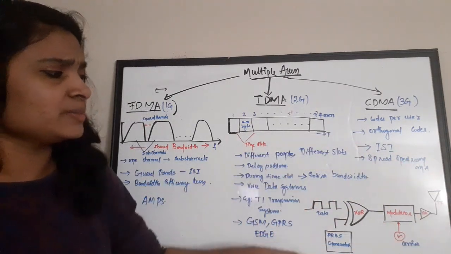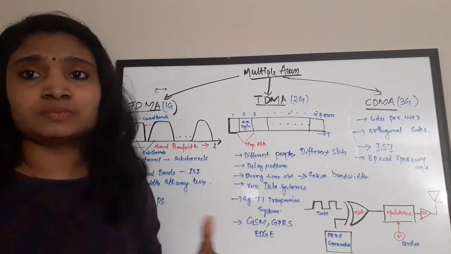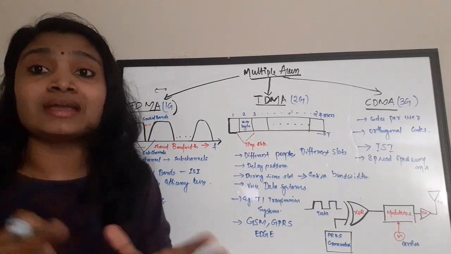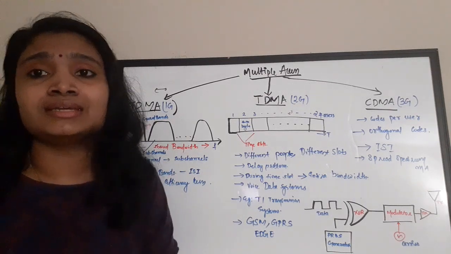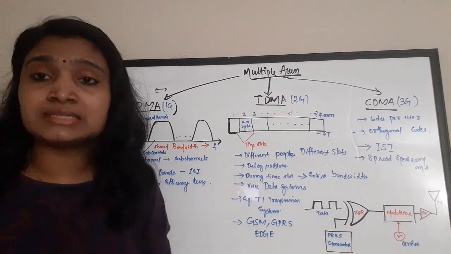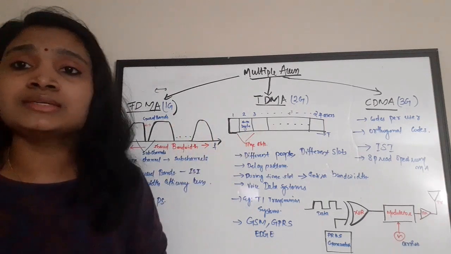So when the next user is coming, the next PRBS sequence is generated, and every time new PRBS sequences are generated, that forms a new code for every user, and every user is having a separate identity. So there is no sharing of frequency, there is no sharing of time. So that is the concept of CDMA based systems.